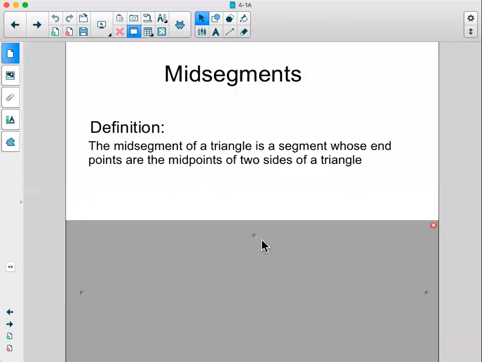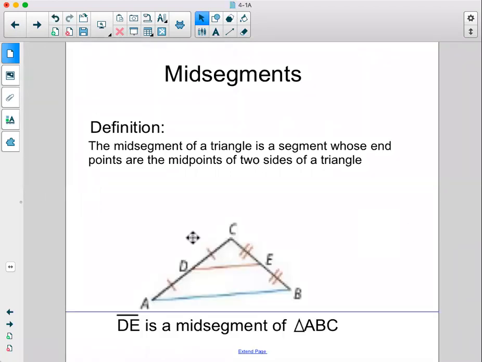A triangle midsegment is a segment whose endpoints are on the midpoints of two of the sides of a triangle. And here's an example of what that would look like. So DE is the midsegment of triangle ABC. And notice its endpoints are the midpoints of two sides, and notice it doesn't touch the third side of the